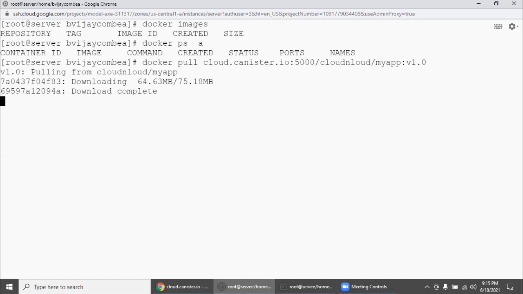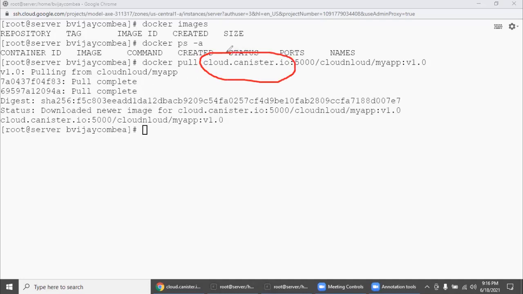If you go to any project similar to this, each project may have its own private repository, so you need to be in a position to understand how to define this. You need to define it like this only.